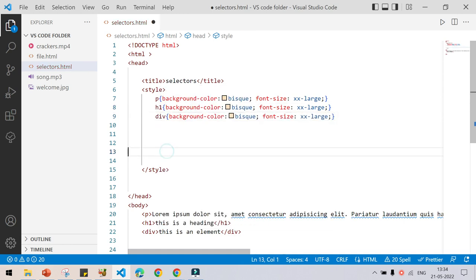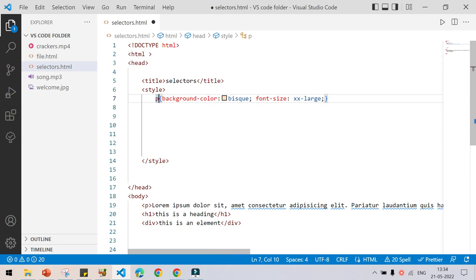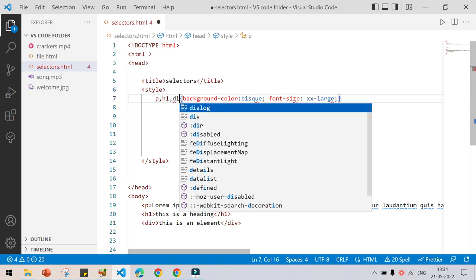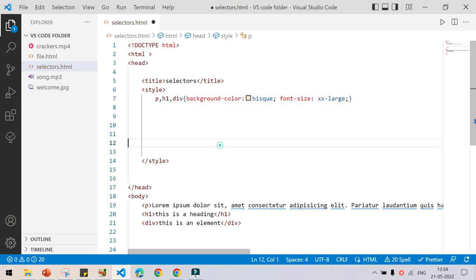For separate elements we will be separately inserting the element name like we saw in element selectors. But here in grouped selectors, what we will be doing is deleting all these things, and in a single line itself we will be inserting all the element names like p, h1 and div. And then we will be pressing